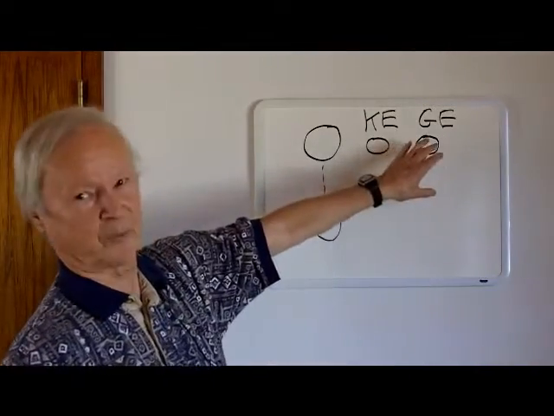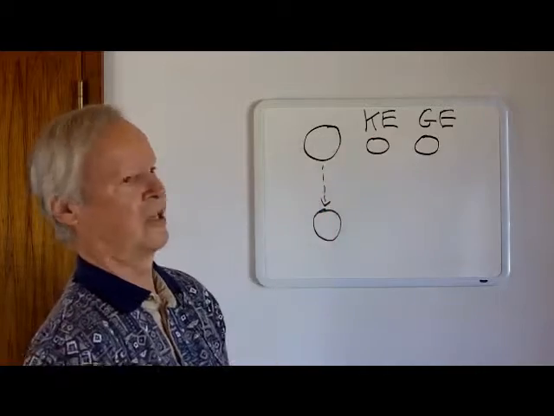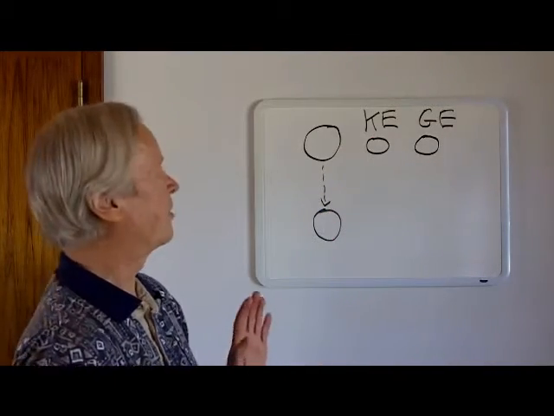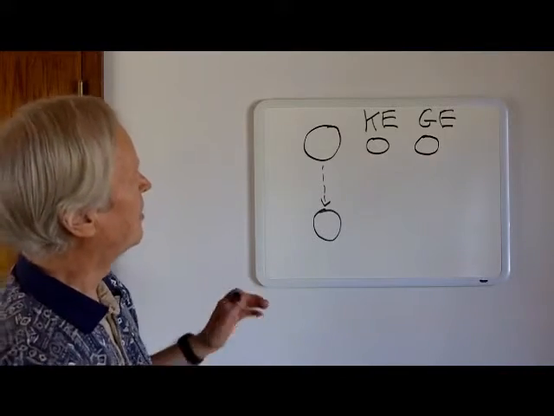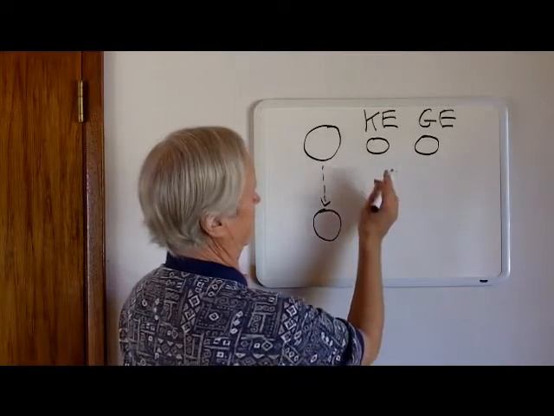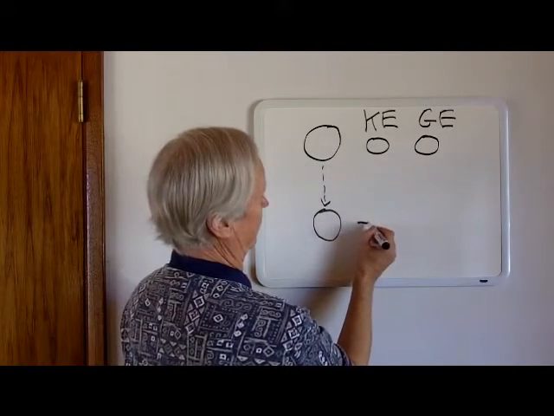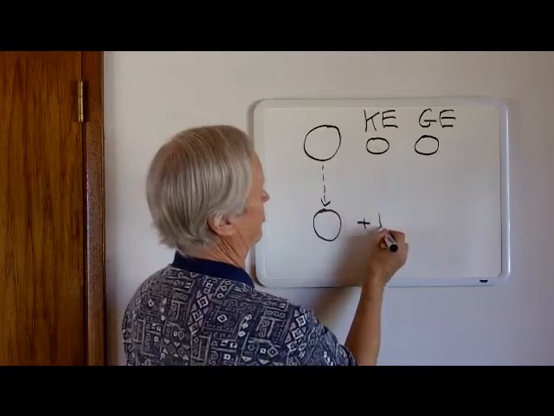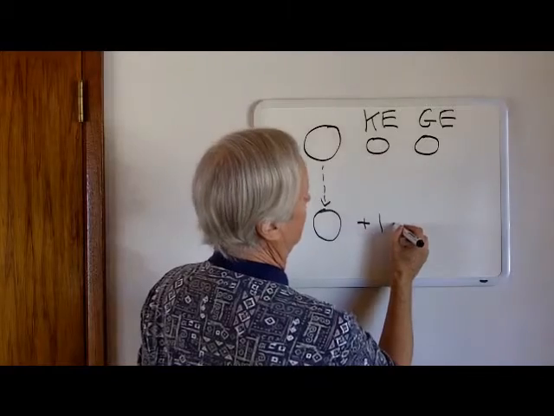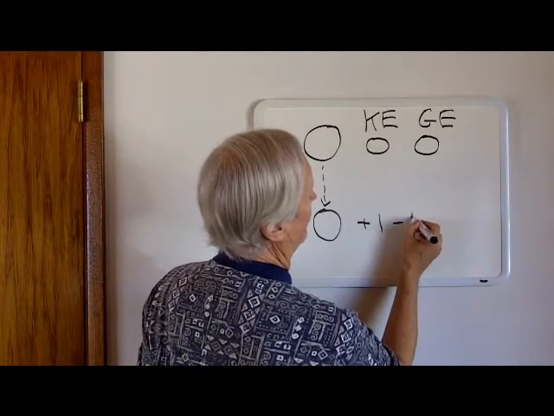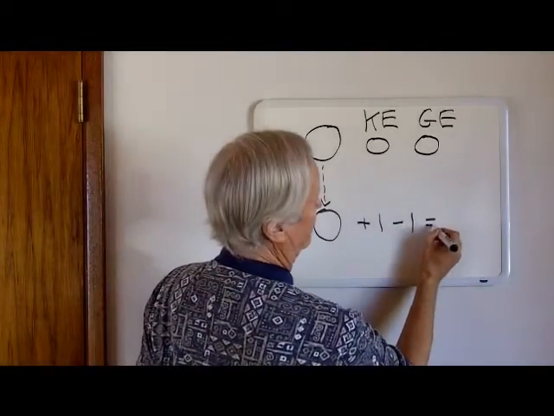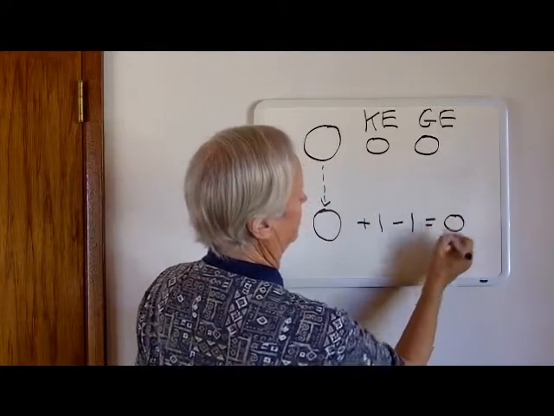Now this is just a reference point. We could have said the gravitational energy is -5 or -7. It really doesn't matter. The result comes out exactly the same. So as the object falls, it gains in kinetic energy, and we might say maybe the kinetic energy is increased from 0 to 1. But the gravitational energy has decreased. It is decreased by an equal amount, -1, so that the total net energy of the system remains at 0.